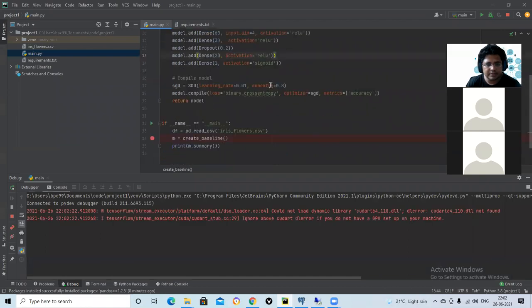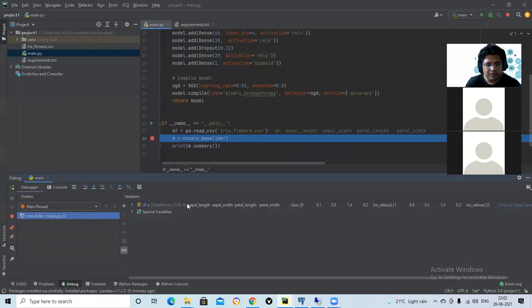Let us see. 150 by 5. So there are 150 records in total. 150 records, right? 150 records is not enough data.